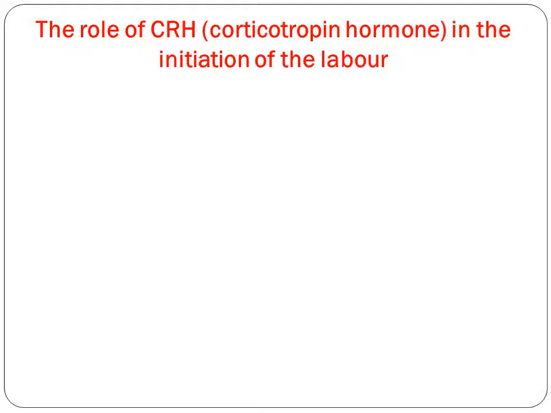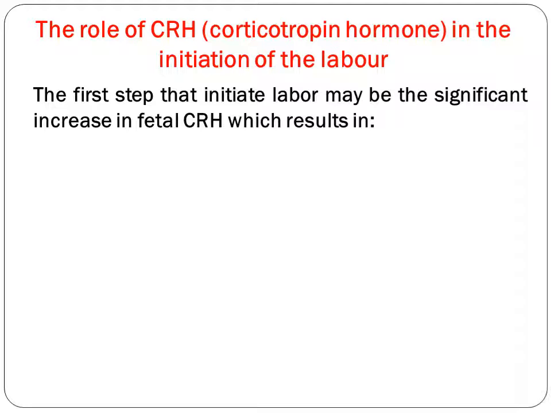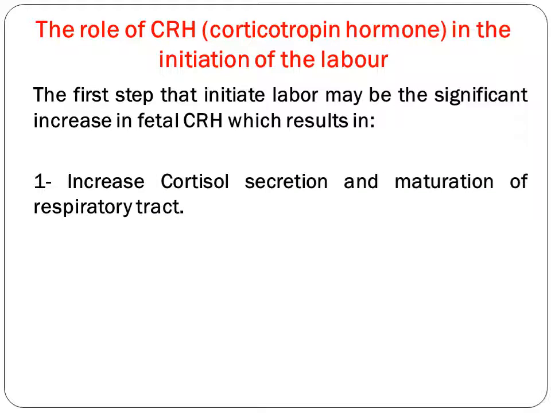Now we will discuss the role of corticotropin hormone in the initiation of labor. The first step that initiates labor could be explained by the significant increase in the fetal corticotropin hormone. This hormone is released from the fetal adrenal gland, and it results in an increase in the cortisol secretion, and this will help in the maturation of the lung and make the baby ready for